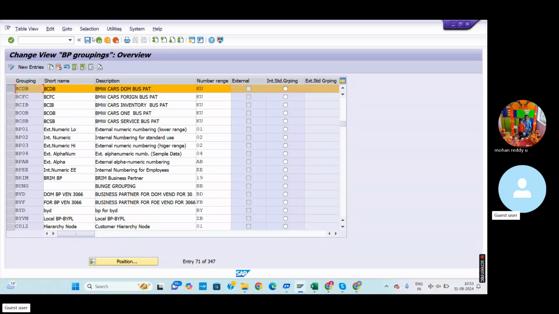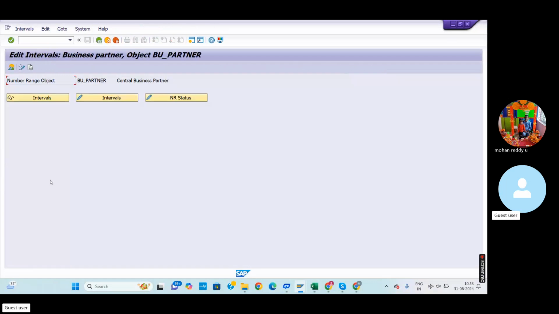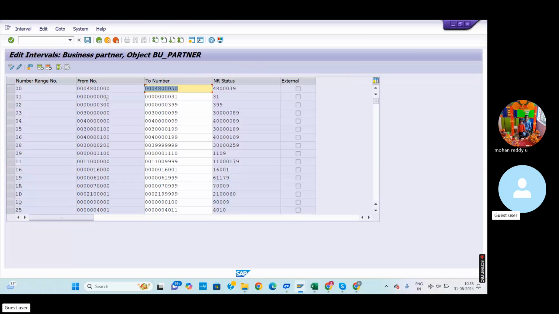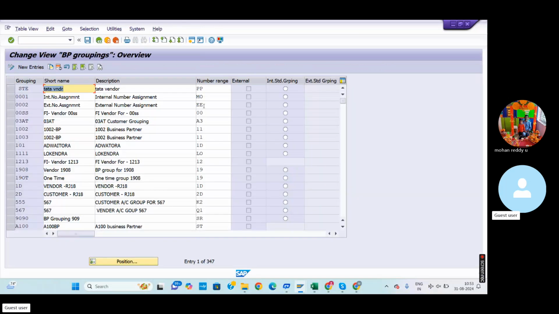So then you understand, and then just go back here, define number ranges. It means here we need to create the number range for business partners. So click on the intervals. Here I already created KU. Again, I'll show you define number business partner. So here you can see our company